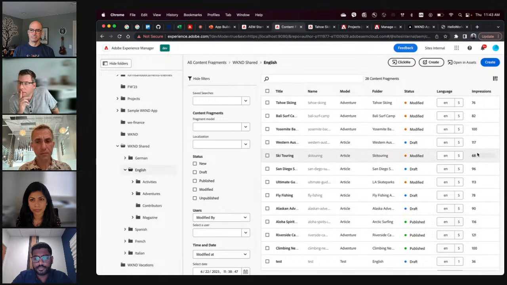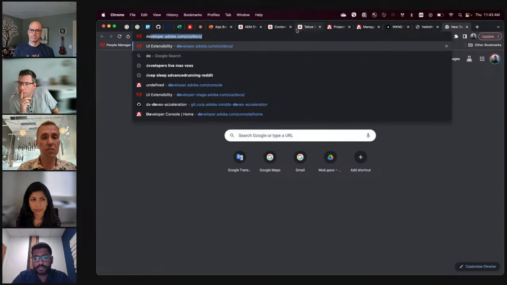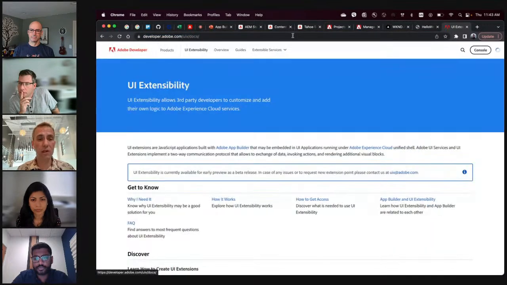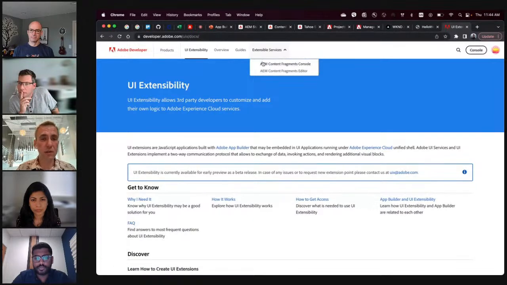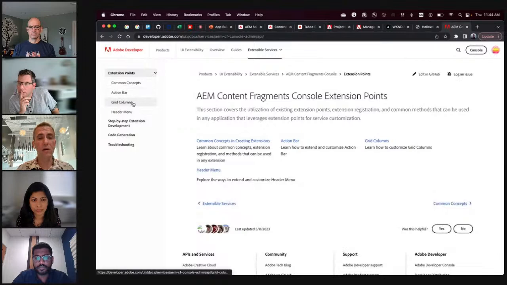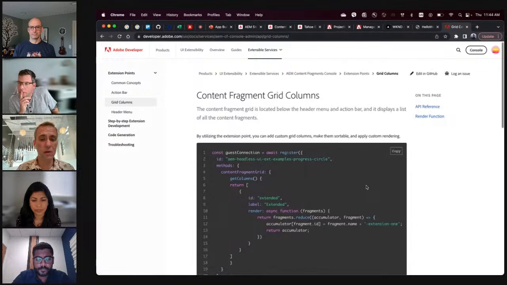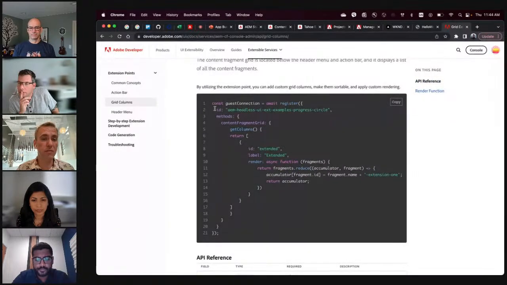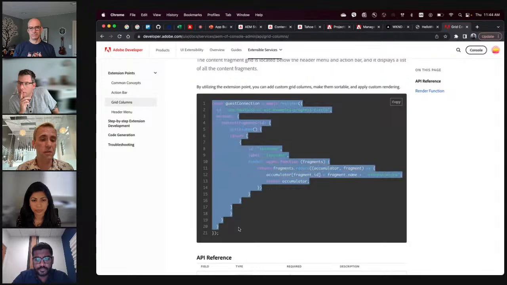So here is the implementation of this code, and just to show it in our documentation, let's open our developer documentation and see how it may be implemented. So we have the UI extensibility homepage in Adobe Developers documentation, and pages dedicated to different services. And here we have the grid column example, which describes how much code we need to insert